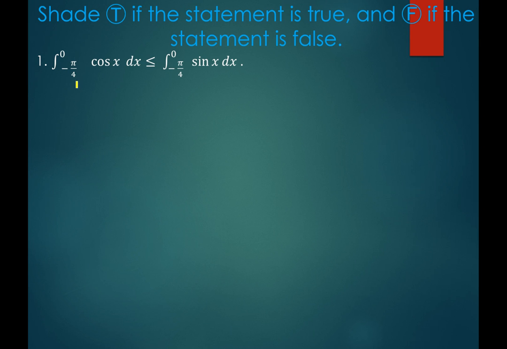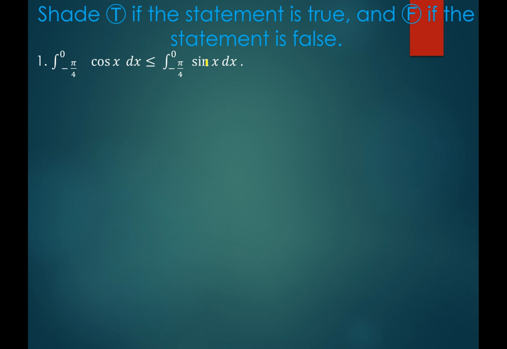Integration from negative pi over 4 till 0 for cosine x dx is smaller than or equals to integration from negative pi over 4 till 0 for sine x dx. How to compare between them? I told you, you can use many ways. You can sketch each and try to compare between them by sketching,